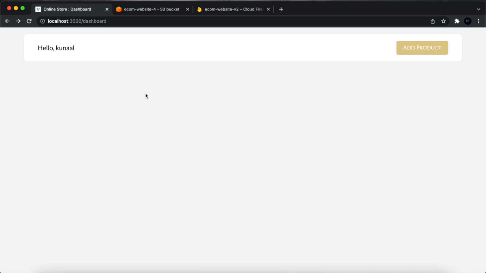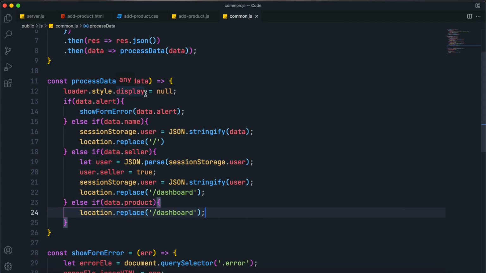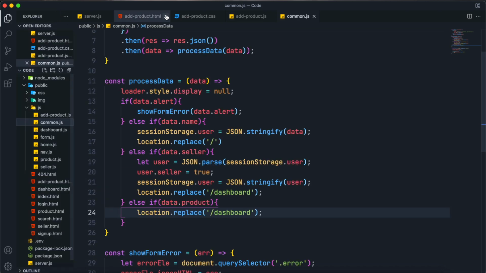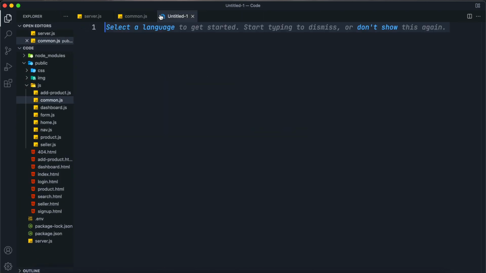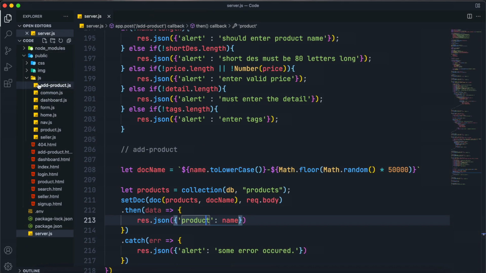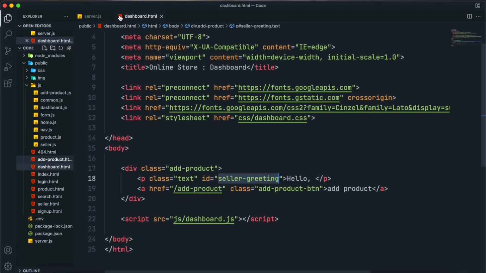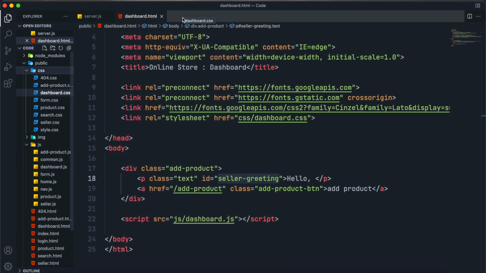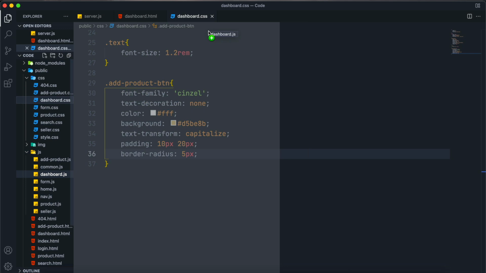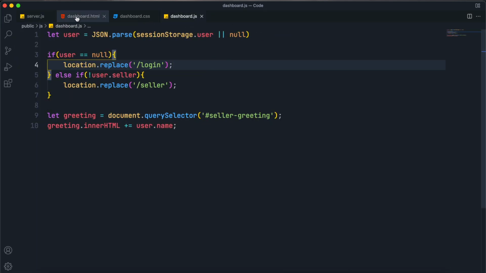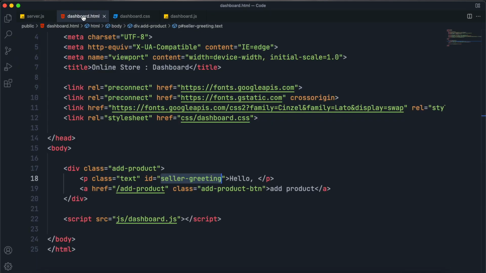Okay, great. We just need the products to be shown in our dashboard, right? So I guess we are done with the add product page because we have successfully added it to our backend. So yeah, we need to make our dashboard page now. Open the dashboard.html file and also open dashboard.css for product card stylings, and open dashboard.js. Now inside this .html file,